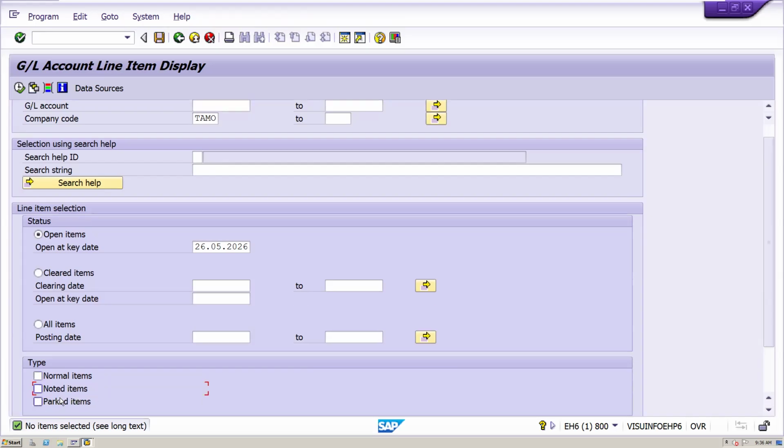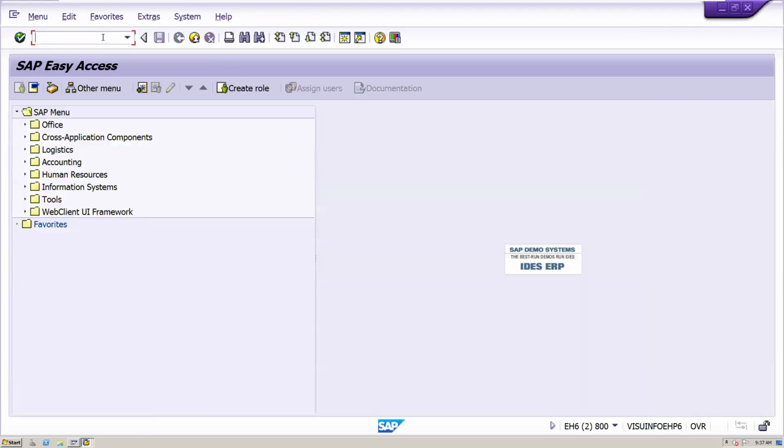And parked items. Parked items, I'll explain going forward. The document is just parked, but it cannot reflect in any business transaction, just parked. So these kind of parked documents, if you want to view, then select these. In all the transactions, we will verify one by one. So this is GL line item wise, FBL3N, and FB03 is document wise. And one more thing, FS10N. Each and every GL's balances, for checking purposes, we use FS10N.